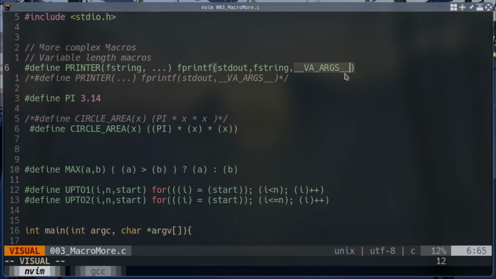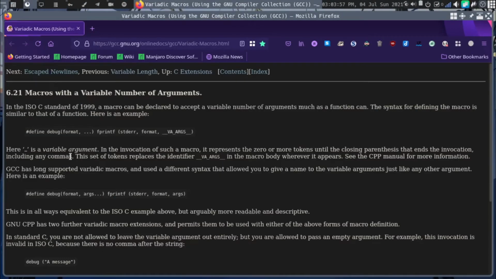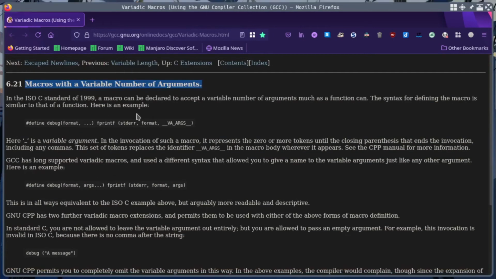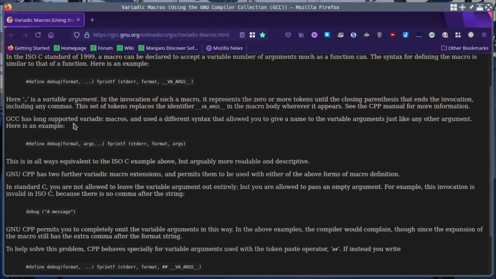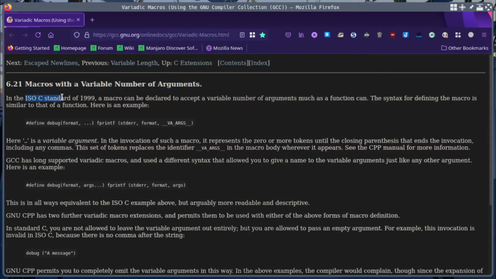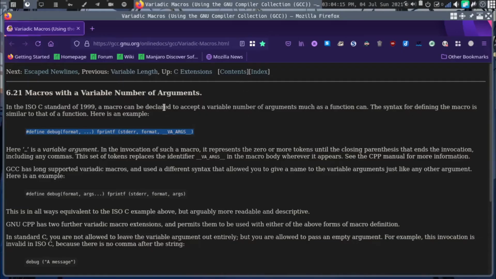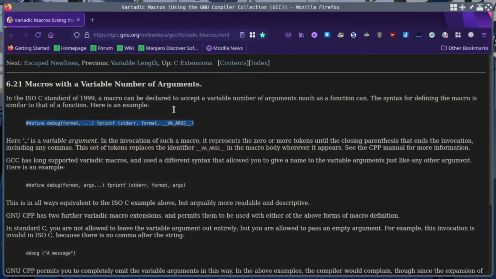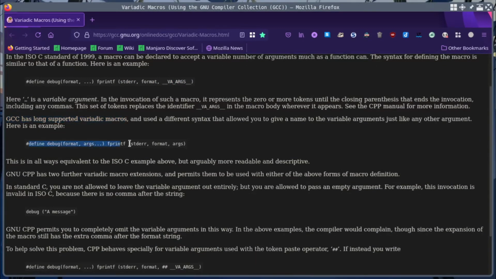So if you need to know more about this macro and other stuff, you can go ahead and look at the man page or documentation of GCC, GNU, where you can search for variadic macro on Google and go to this documentation. They explain two different formats, one related to the ISO C standard format, which is the one we are coding right now, and another which is the built-in method or syntax related to GCC. You can see the syntax over here, but we will be sticking to this ISO C standard syntax. You can also try your code with this syntax.